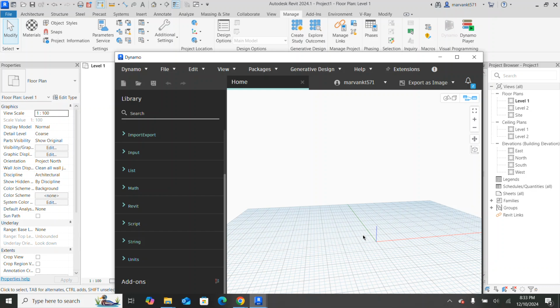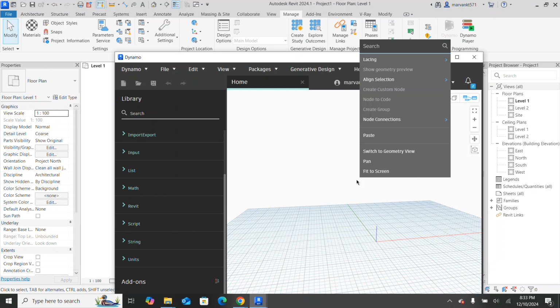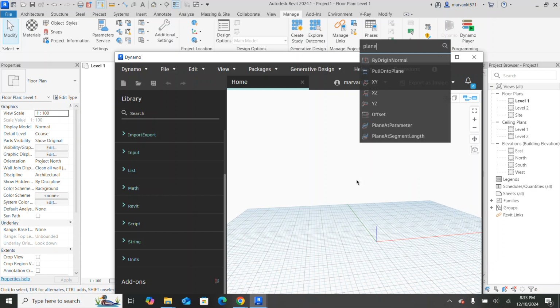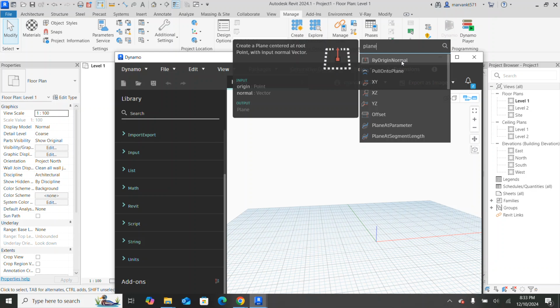Especially when you use the massing, we always set the work plane, right? Not only for the massing, so many times in Revit we always set the work plane. So the work plane will have x, y, z values, and it has the magnitude or direction, so it is considered to be a vector. I wanted to place a plane over there, so I'll use the command plane by origin normal,